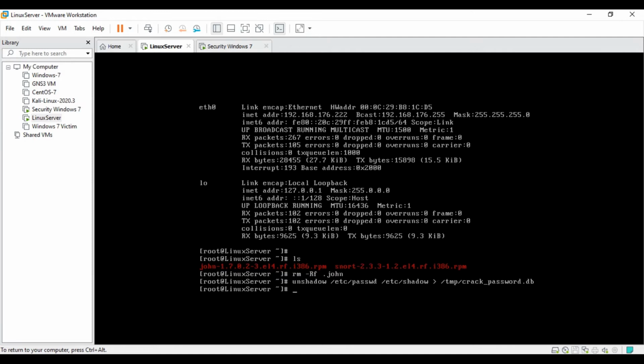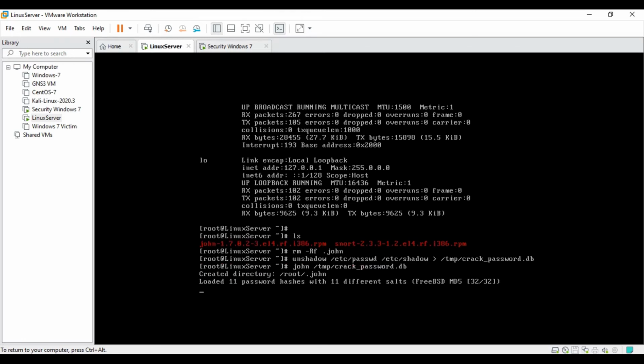Then we can crack the passwords using the command john /tmp/crack_password_db. And when I enter, you can see that